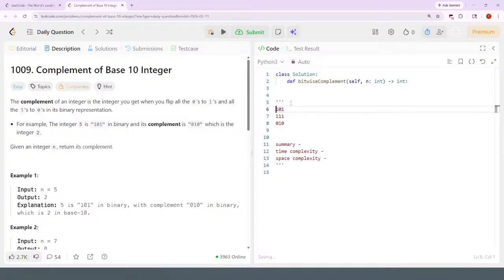Like 1 XOR 1 is 0. 0 XOR 1 is 1. 1 XOR 1 is 0. 0 XOR 1 is 1. So 1010 XOR with this value is going to be 0101. Okay, so I think this should just be return the XOR with